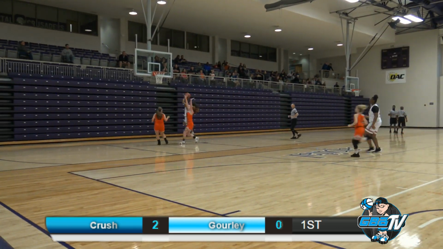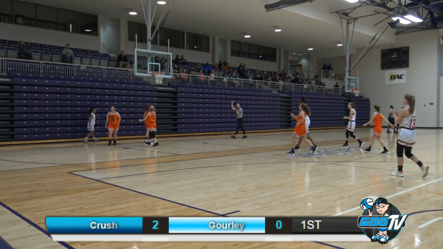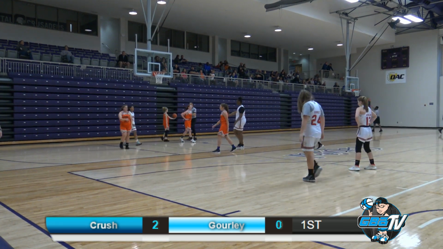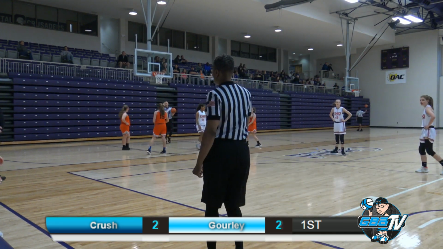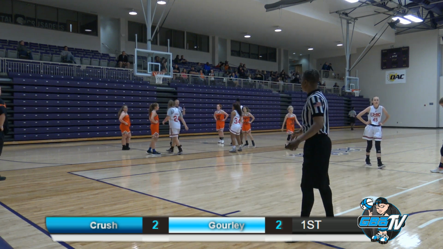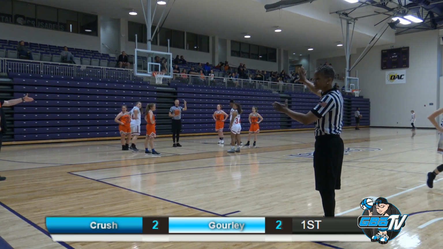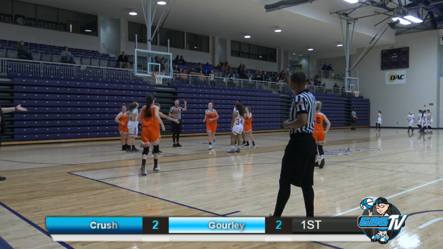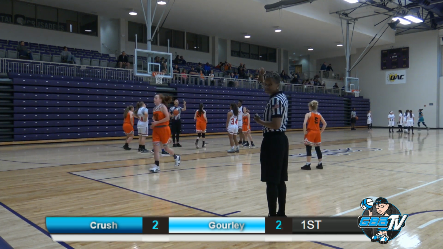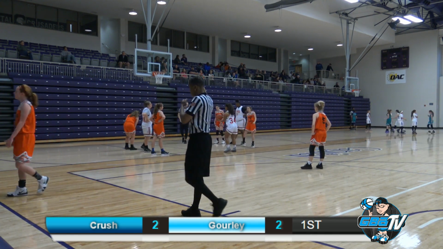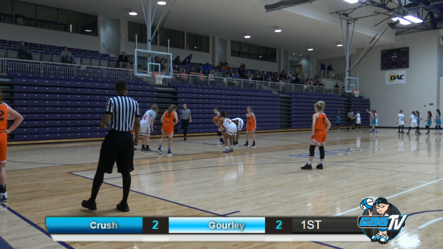They come back down the floor. That's Micaiah on the shot. Shot is up. Count the bucket and the foul. Micaiah pushed the ball down the floor, laid it up there, got fouled pretty hard on her way up, it looked like, and she is going to go to the free throw line, and she will try to convert this and one opportunity. Into the ball game for the Crush, that is Hoskins, and checking out will be Jones as